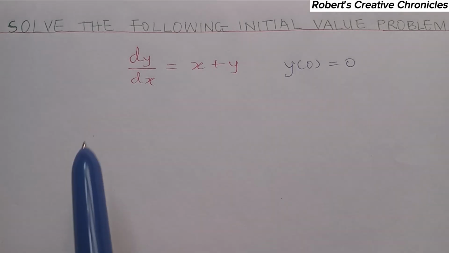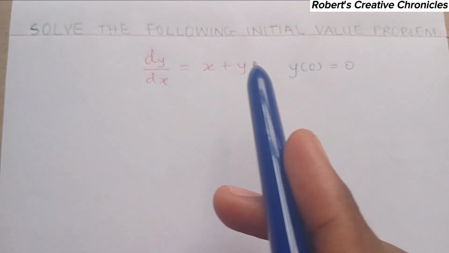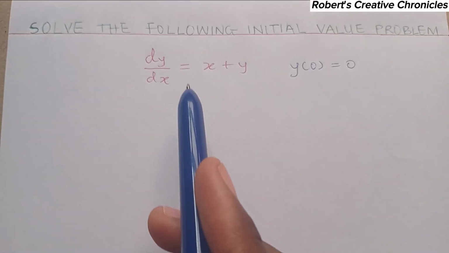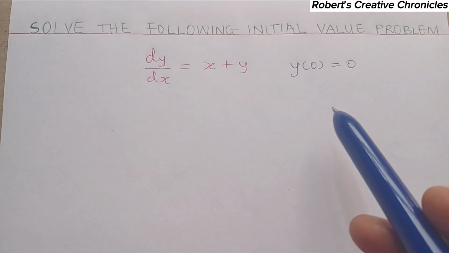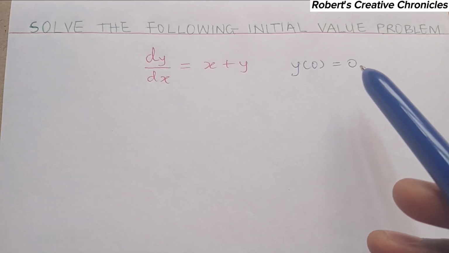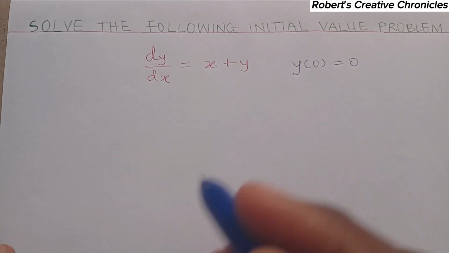So today we'll be solving this question, which states: solve the following initial value problem. This is the initial value problem: dy/dx = x + y, with y(0) = 0. So now, to solve this,